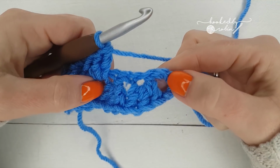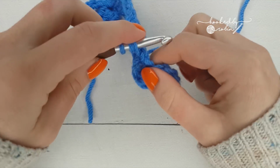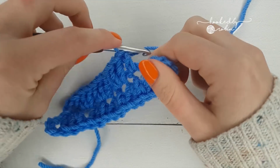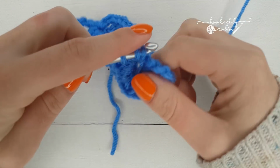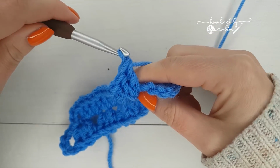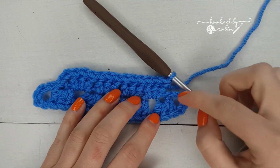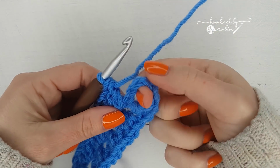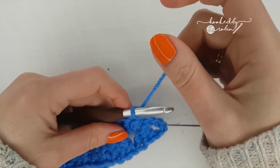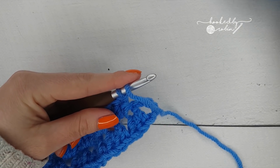Three in between your last 2. Then you're back to this loop over here. Now into this loop you are going to work a corner, or the beginnings, the sort of setup corner for